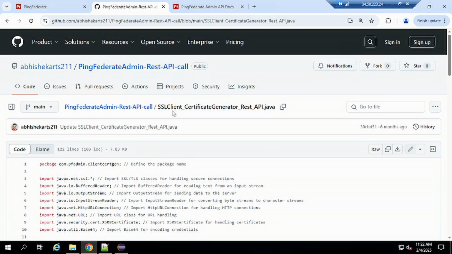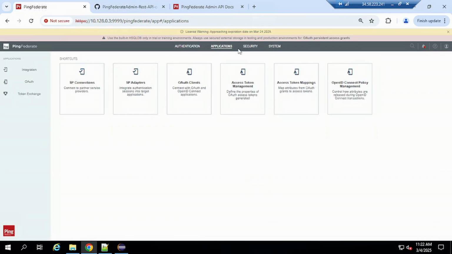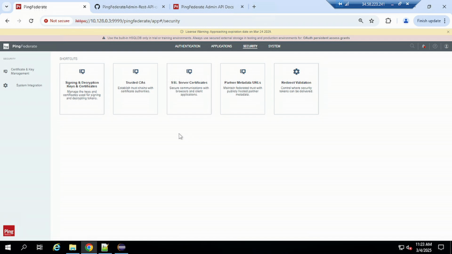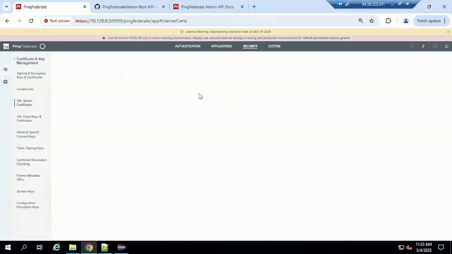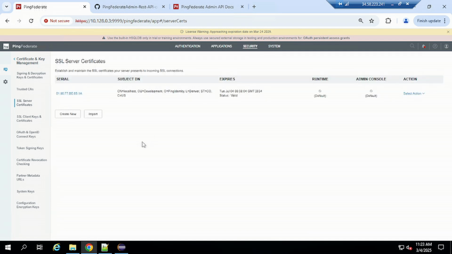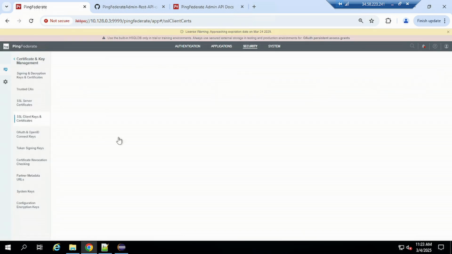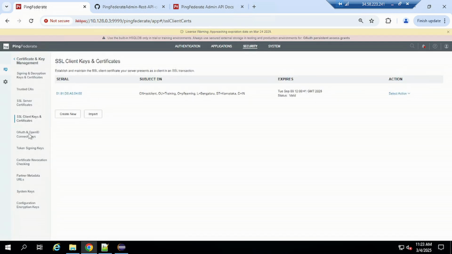So in PingFed, if I can show you, let's go to Security and then you have SSL Server Certificates. So let's open that. Yeah, so this is the one I think, and in a similar way, we have SSL Client Keys and Certificates, maybe I created during testing. So we'll just try to create this SSL client key and certificate using the REST API,